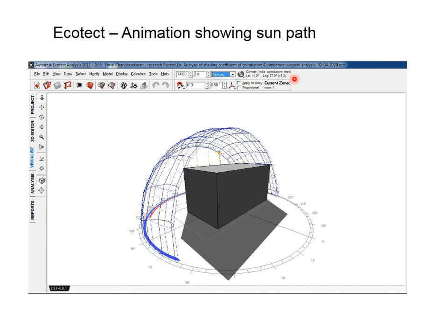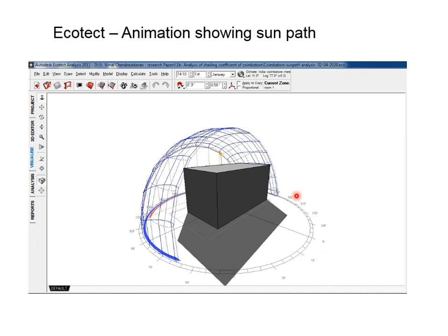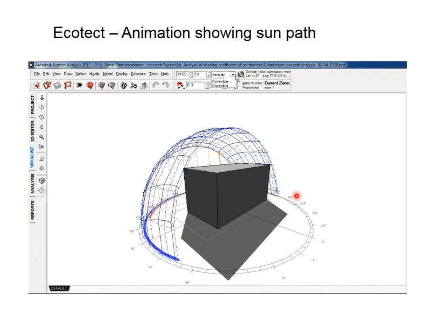Again, from January, the sun's movement is at the back, so you can understand what type of shading strategies can be used, or which part of the building is getting affected during January or April. This is a very clear understanding of the chart of how the sun is actually moving in various locations.